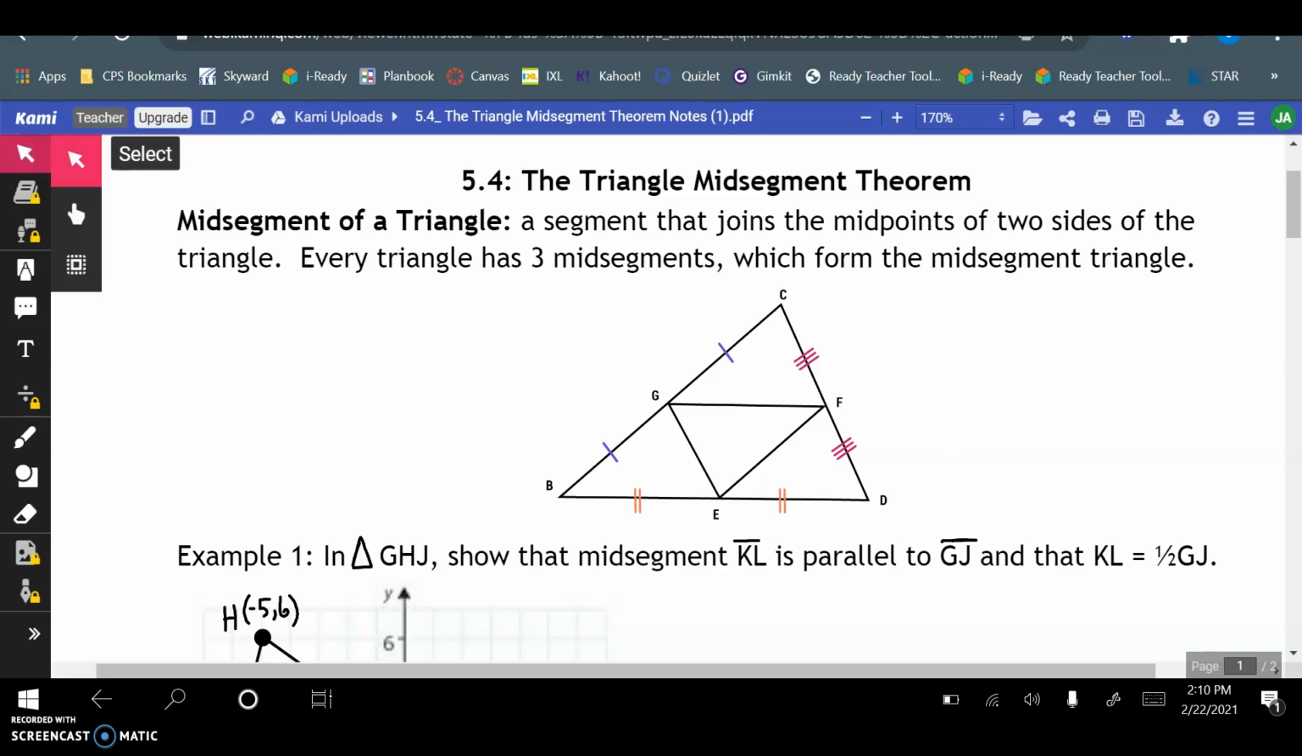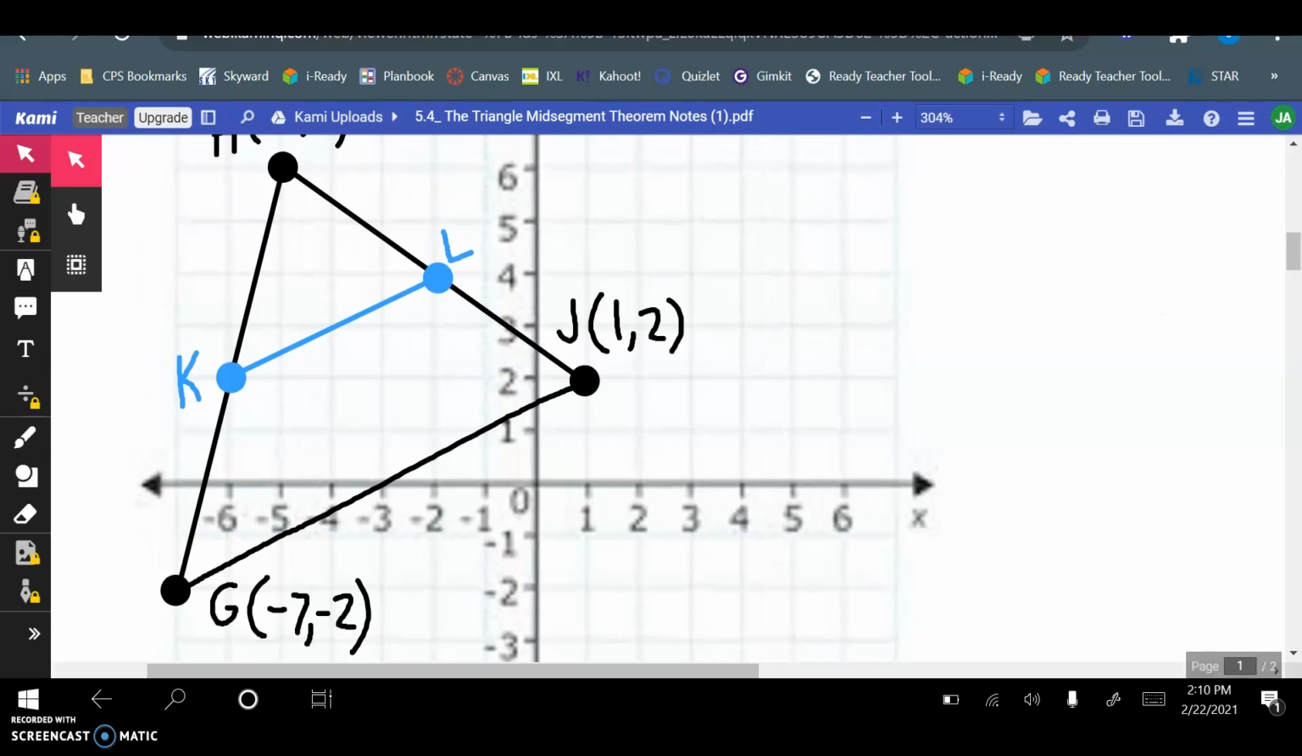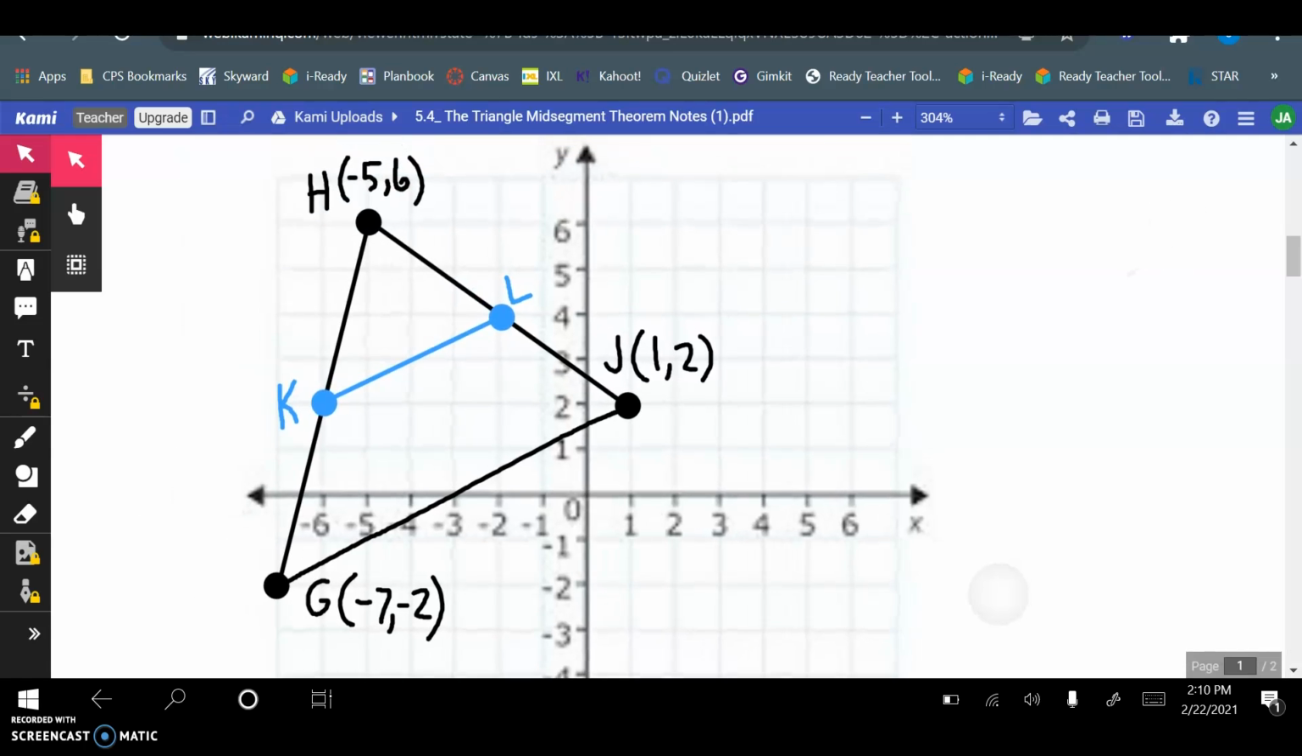For example 1, it says in triangle GHJ, show that the mid-segment KL is parallel to GJ and that KL is half of GJ. In order to do this, we have to find the ordered pairs for K and L. We can look and assume that our graph is correct, but we all know in geometry we have to prove things. So we are going to find the midpoint